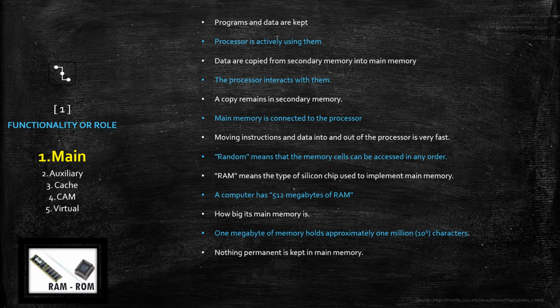And finally, nothing is permanent in the main memory. Whatever data is placed into the main memory from the secondary memory is there on a temporary basis only. Sometimes data are placed in the main memory for just a few seconds, because suppose we need it for a very short time. As long as they are needed, they will remain in the main memory, and once it is done, it will be removed from the main memory. So these are the basic, important points about the main memory.